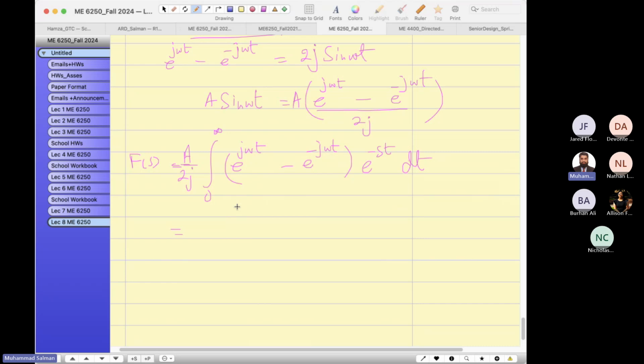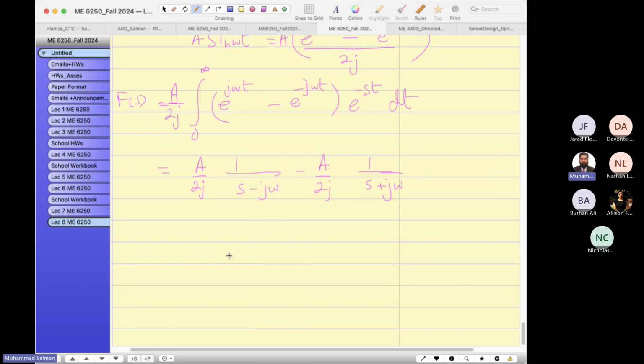So if you do the math here, you will get a over 2j times 1 over s minus j omega, minus a over 2j times 1 over s plus j omega. So finally, you can replace it by, let me show you this final word. How would you find out what we call the LCM? Can you find out the LCM? A over 2j is outside, minus,